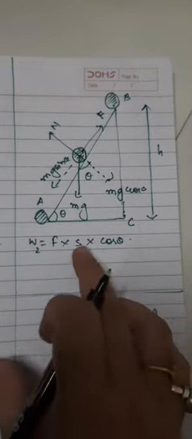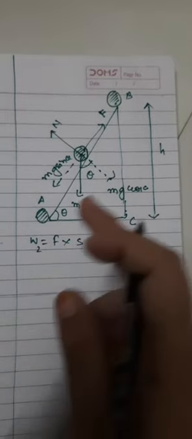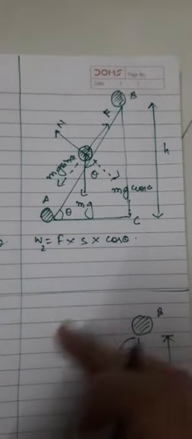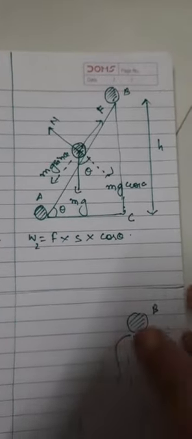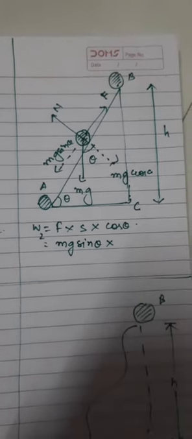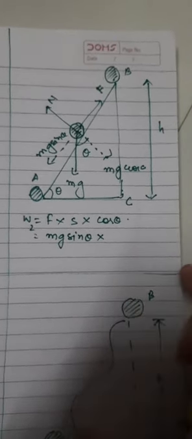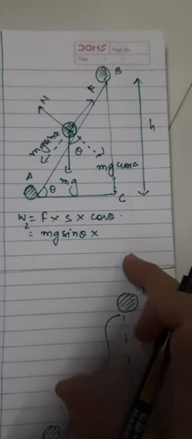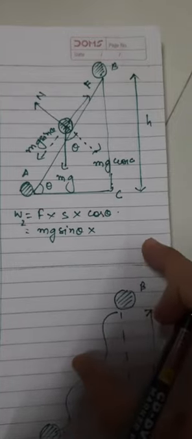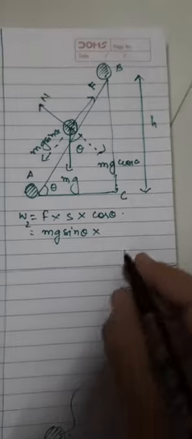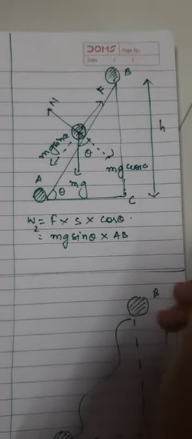It is very clear from the figure that the force applied, F, will be equal to mg sin theta, because these two forces are balancing each other, and the force which we are taking is against the gravitational force. So F I will take as mg sin theta. One thing is done. The second thing is the distance moved along the direction of the force. We have to take the displacement. So how will we get the displacement in this case? I am naming it AB.